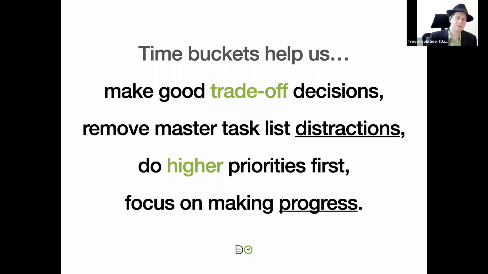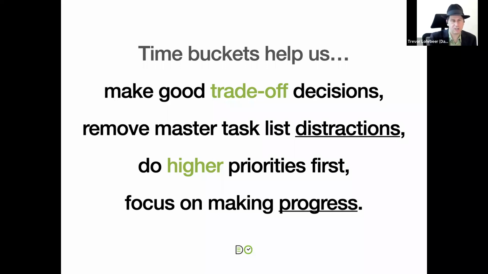And then the second thing is it's shifting us from an accomplishment mindset to a progress mindset. And I know we all want to accomplish stuff, but the irony there is if you focus on making progress on your key priorities regularly, you will accomplish them way faster than if you focus on just the pure accomplishment.